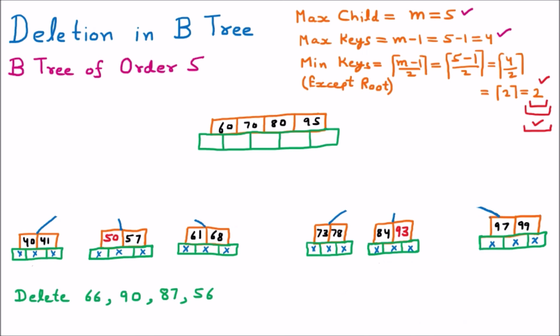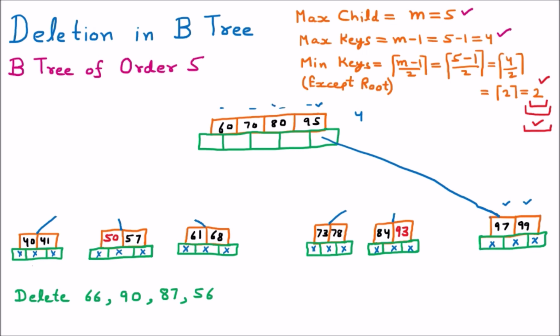So now the top parents are merged together and now they have four keys available. So 1, 2, 3, 4 means four keys are there, and one more means five children are there. So the property is still followed. Now we are going to connect the children. The node here which has the value 95 means greater values will be connected. So from here the child which has greater values will be connected. So 97 and 99 both are greater, so no problem.